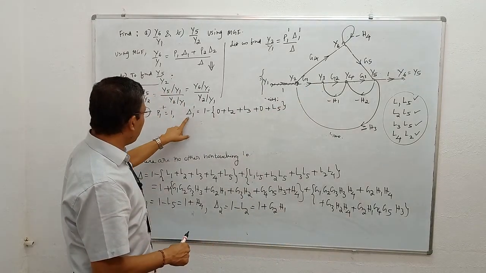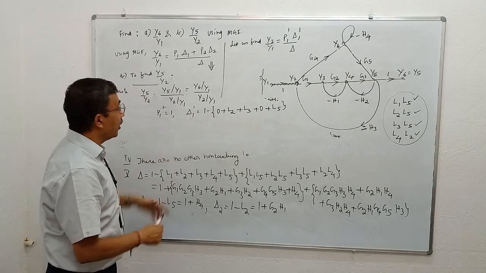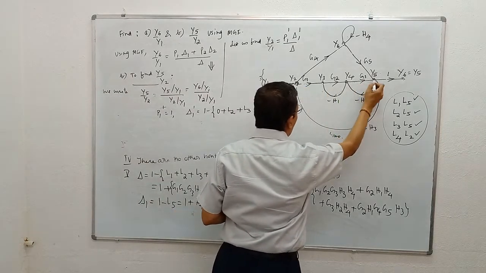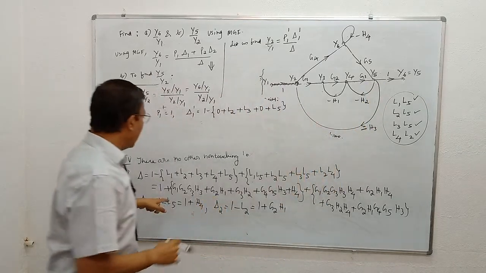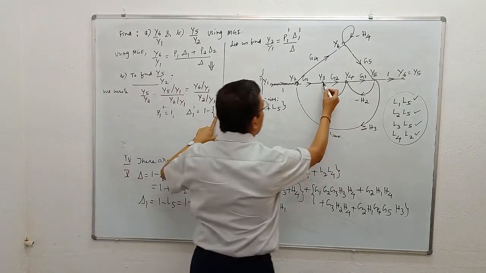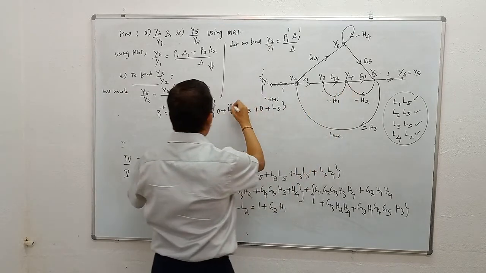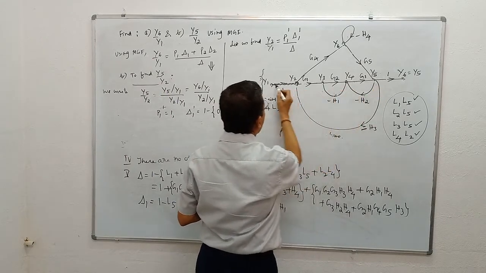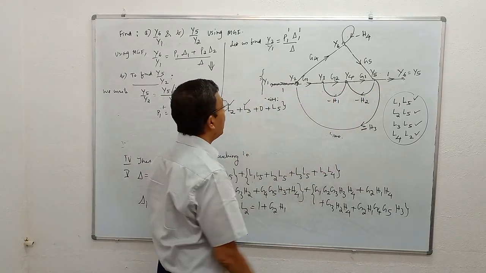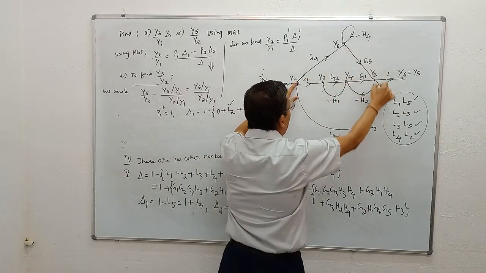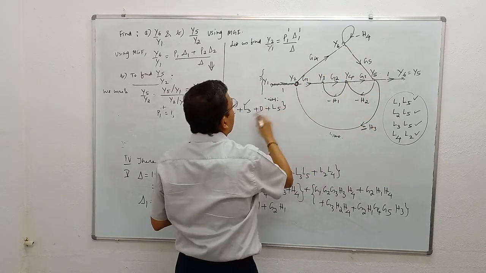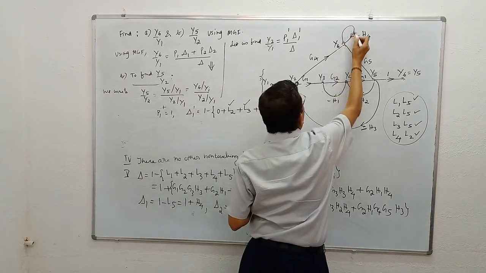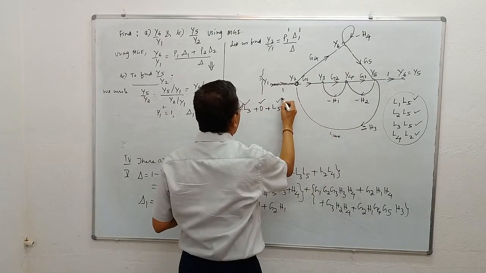So what I do is, delta 1 dash is a part of delta. To this forward path which I have shown, loop number 1 is touching, therefore I have made L1 0. Loop number 2, made up of G2 minus H1, is not touching, therefore L2 is retained in delta. This loop made up of G3 minus H2 does not touch this forward path, therefore L3 is retained. The loop made up of G4, G5 minus H3 is touching the node at this junction, therefore L4 is 0. This loop is not touching this forward path, therefore L5 is retained.